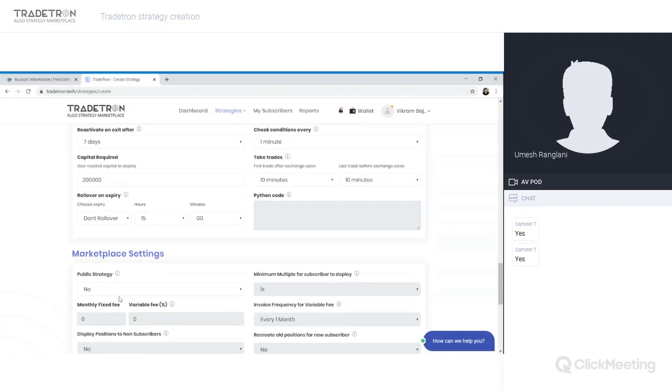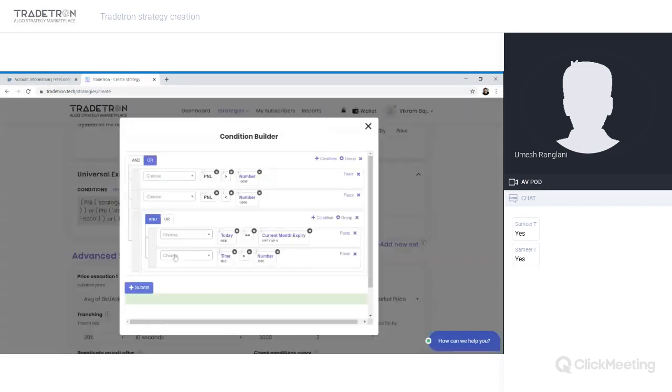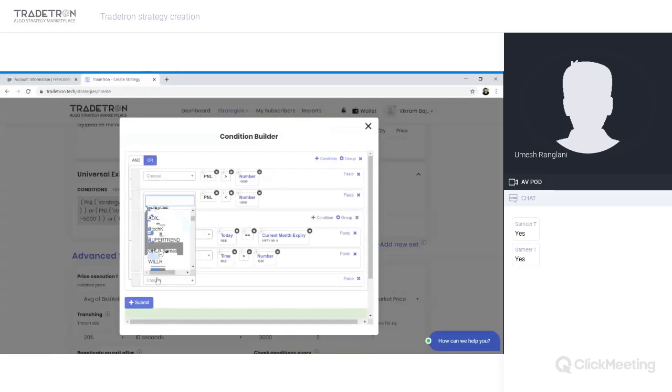Then there are many keywords which you can use for your other trading rules if you want to create technical indicator based strategies. Here is a list of all the indicators and keywords. You can have a look at them later.